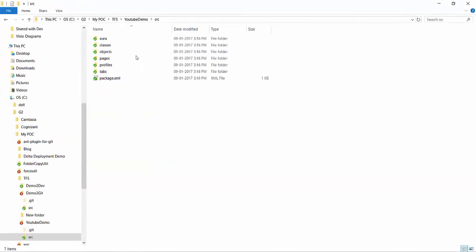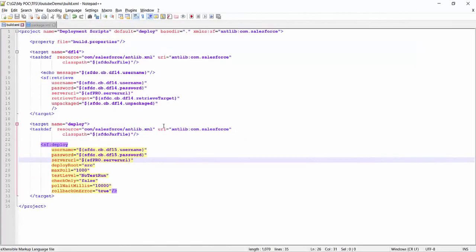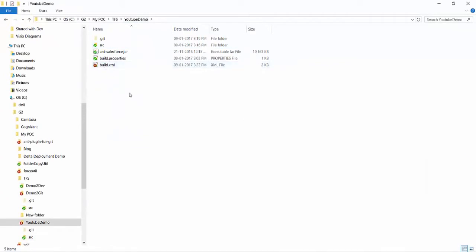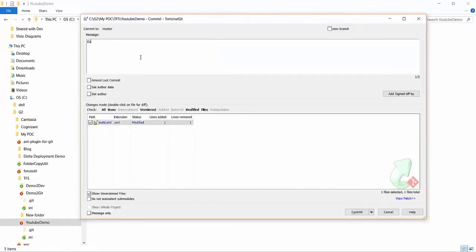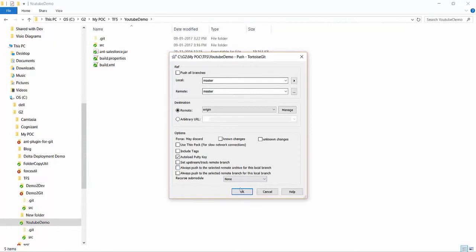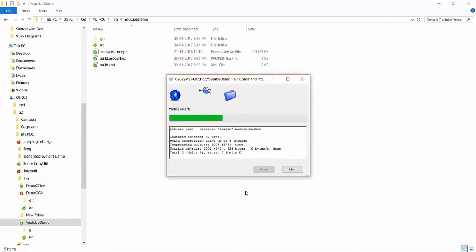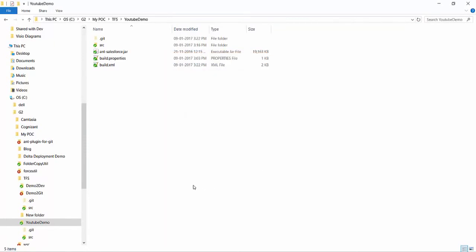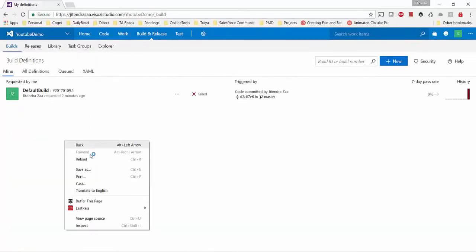I would go back here and let's save it. I have changed the build.xml. I would commit again, and I will say fixed build. I will say fixed Salesforce URL from sandbox to production, and let's push it to the Team Foundation. Now if I refresh it,